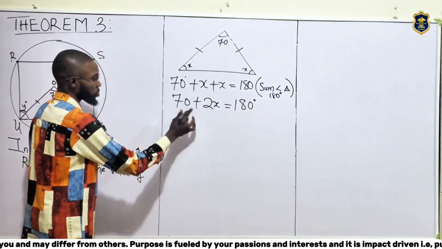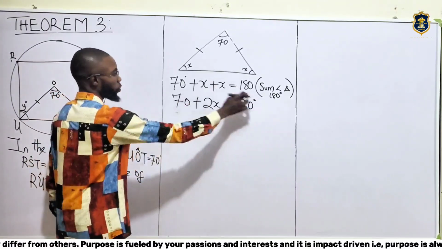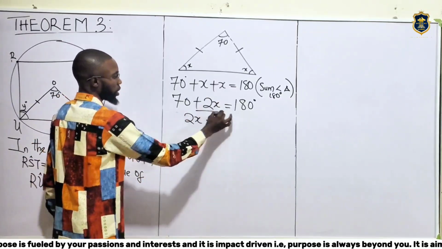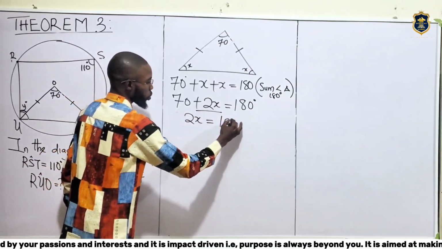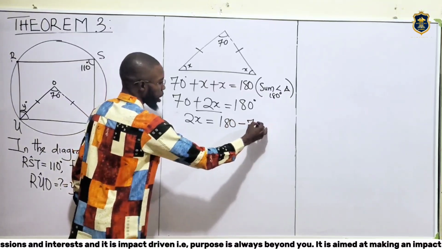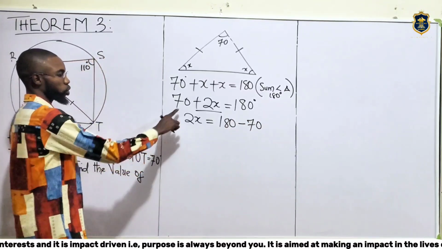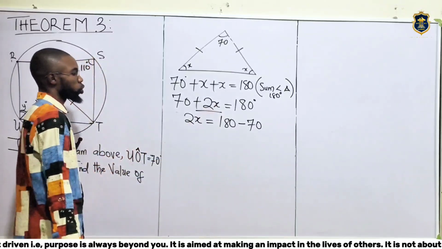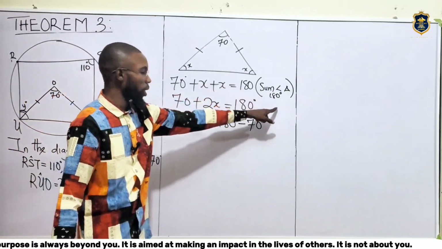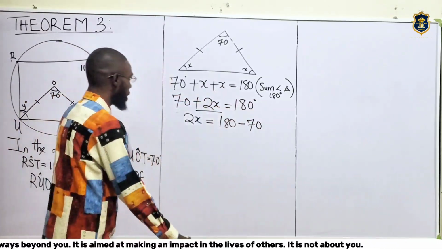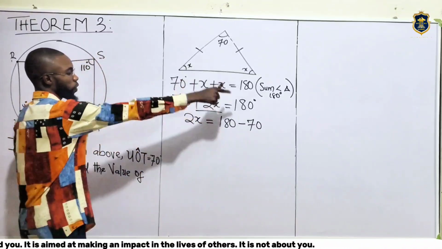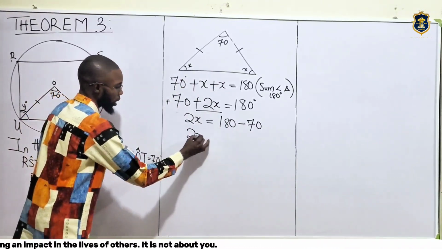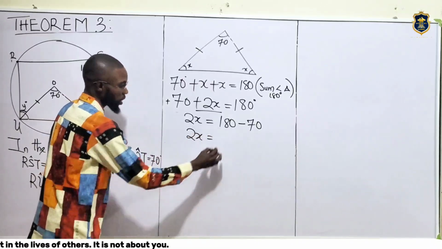So we have that these two cannot add. We have to collect like terms by saying 2X remaining here will be equals to 180 minus what? Minus 70, right? Because 70 cannot add up with 2X. This one has an alphabet attached. So we have to take the 70 down to this part where they can both subtract, right? And this is an invisible plus here. So if it crosses, it becomes a minus. That's what we are seeing, the minus there. So 2X will be equals to 180 minus 70 will give us